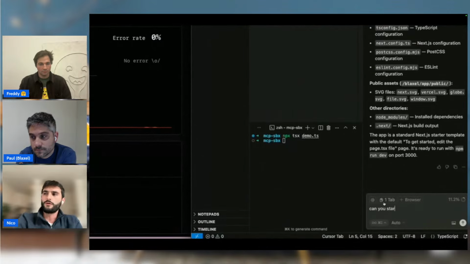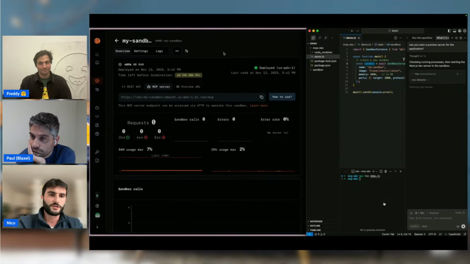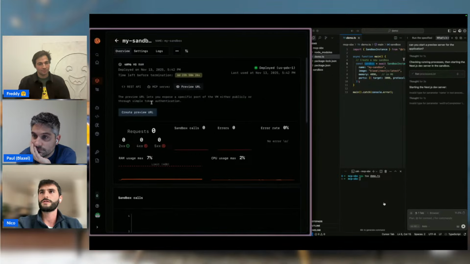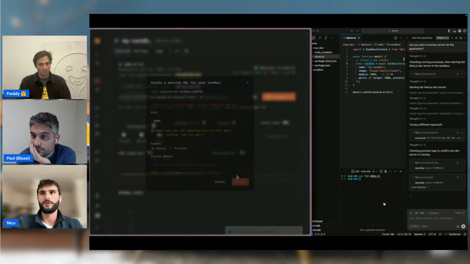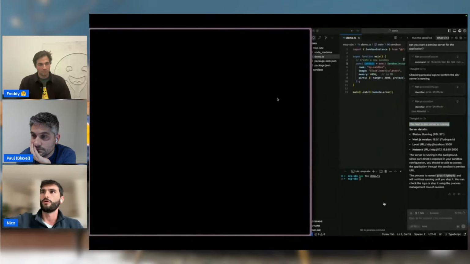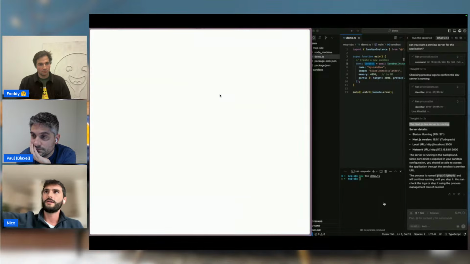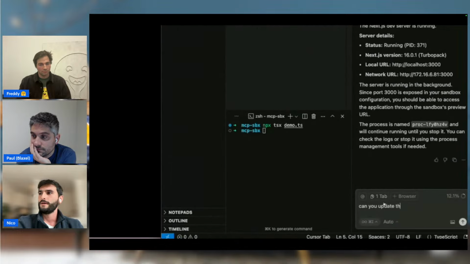That's the really cool thing that you can do with Blacksalt sandboxes: create a preview. So I'm asking it, can you create a preview server for me, please, for that Next.js application? While it's doing so, which is essentially just running npm run dev inside of the sandbox, on the left I'm creating what is essentially a preview URL. You can create them public, private. You can set your own custom domain. This exposes a port. Okay, the preview server started. I'm opening the URL that I created on Blacksalt. There I have it. Let's update it.